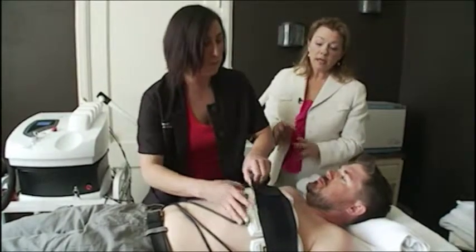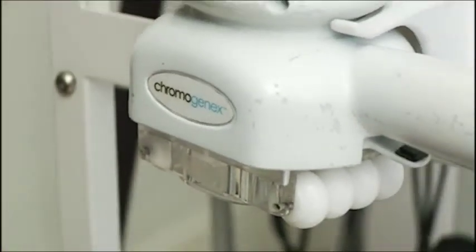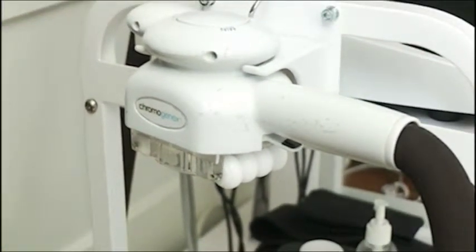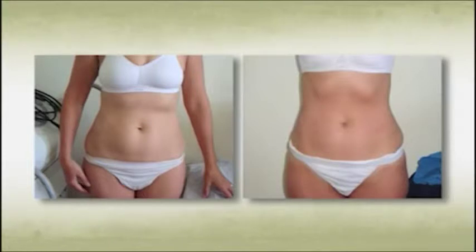Yeah. Now, when we're talking about this as being a revolutionary treatment, Chromogenics UK invented iLipo. They have been in the laser industry for 25 years, and this particular one, iLipo, has just been voted the best slimming treatment for 2010 and 2011 in Paris, France. That's incredible. It is. We're also FDA approved to shrink the circumference